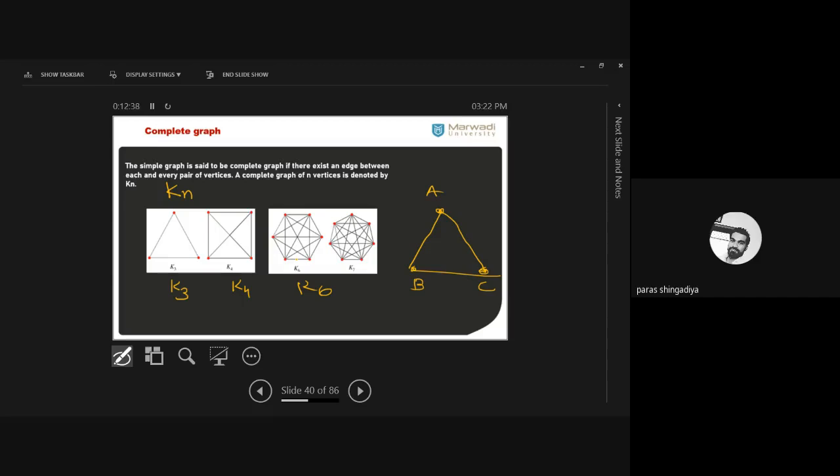By using this condition, we can check that if the degree is n minus 1 for the given number of vertices, then it is always a complete graph. This condition is applicable for all the vertices. Not for just one, it should be equal for all. If the degree of all vertices is the same, meaning it is of the n minus 1 form, then it is called a complete graph. So for Kn, the degree of all vertices is equal to n minus 1. If there are n vertices, then the degree is equal to n minus 1. Then you can verify whether this graphical representation is a complete graph or not.